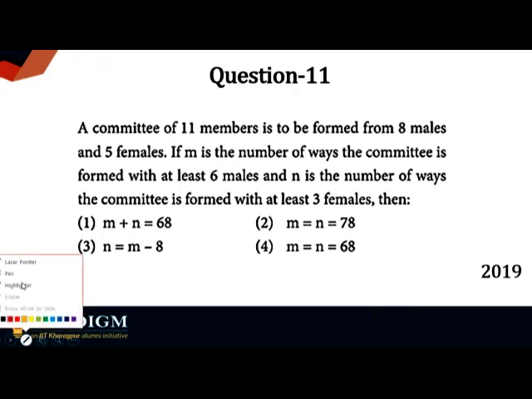Now, as I have already told you, whenever you're seeing these kinds of sums, there are certain things you need to take care of. This is the highlighted portion, at least. That is very, very important. So when you have at least 3 people, you know that there can be 3 or a higher number of members. This is something which is very important. Do take care of that. I think the rest is pretty simple. Just try and answer this one.